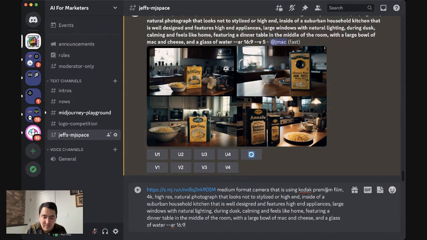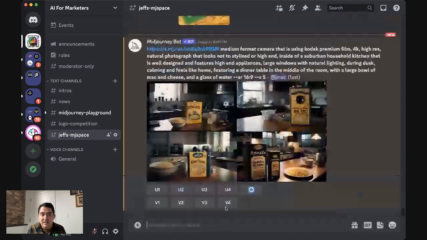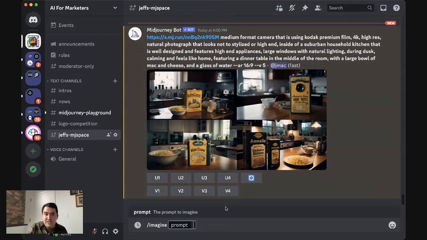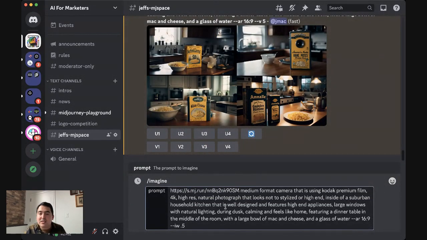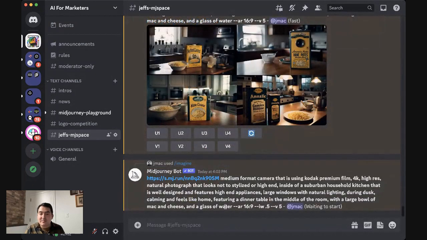And this time, what we're going to do is add --iw 0.5, image weight 0.5. So now we're saying to Midjourney that we want to weight the image of the Annie's mac and cheese less. So it's going to take a second for it to do this render.